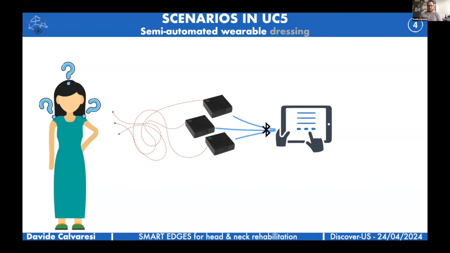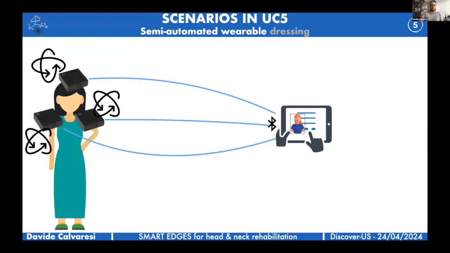Leveraging the inverted kinematic chain, we want the patient, or the therapist, just to put them on, so that with simple movements the sensors will coordinate and automatically understand where they are placed and with which orientation, so that after this very easy setup phase, the sessions and the therapist can start in a very